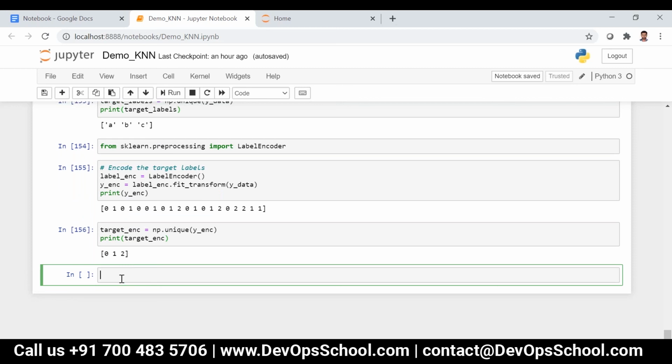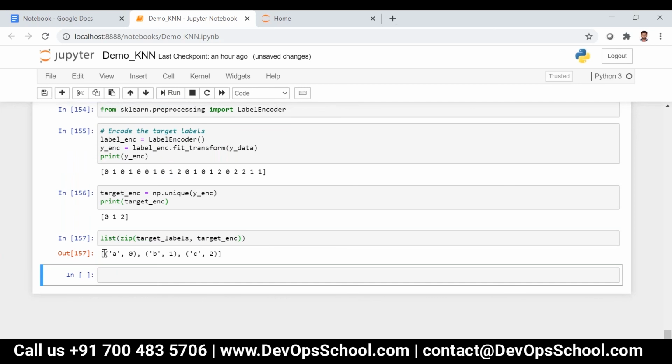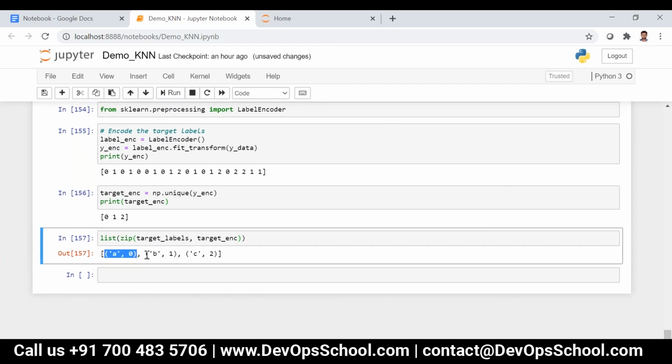So now I can write list of zip of target labels, comma, target_enc. Now you can see A is 0, B is 1, and C is 2. Or else we can interchange it, that is target encoded and then target labels.